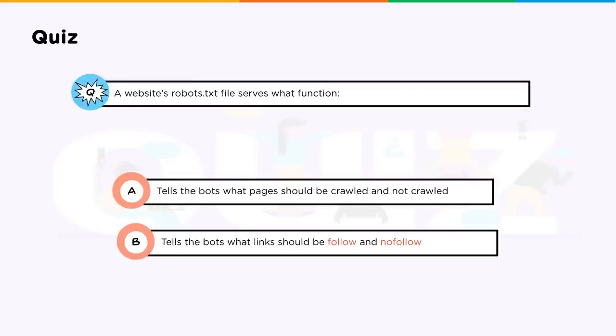Okay, next question. A website's robots text file serves what function? Is it A, tell the bots what pages should be crawled and not crawled? Or B, tells the bots what links should be follow and no follow? So if you know the answer, you feel good about your answer, go ahead and put it in the comment